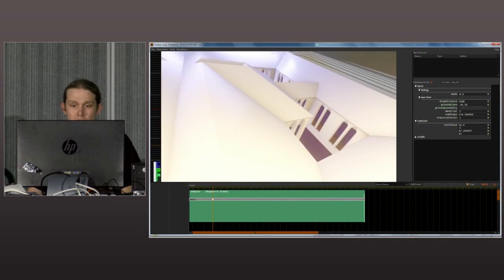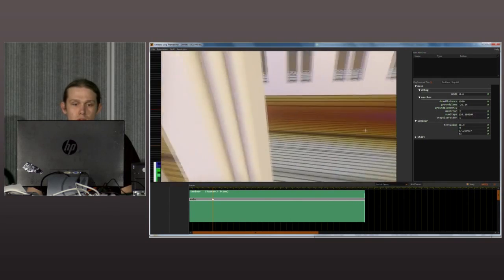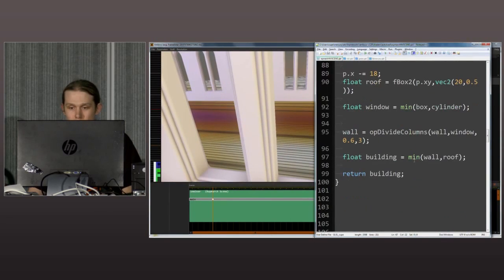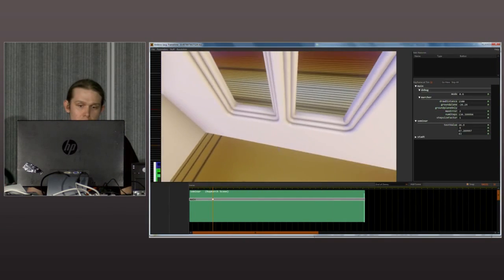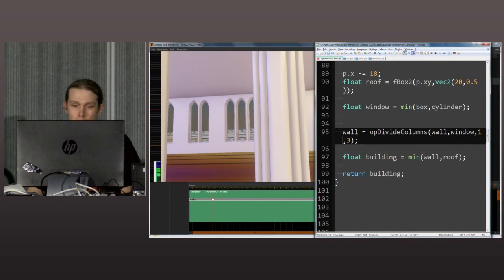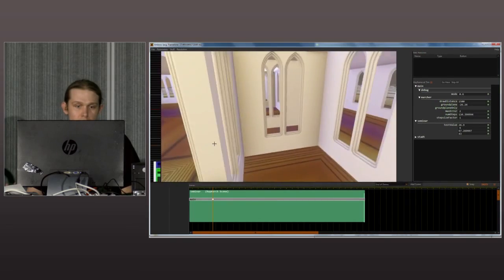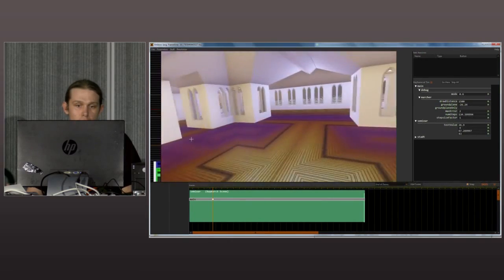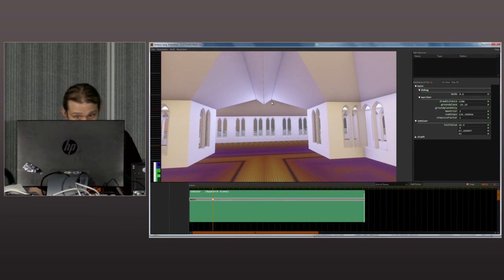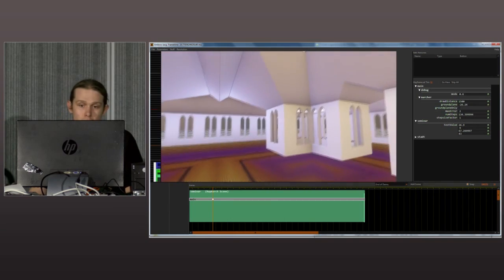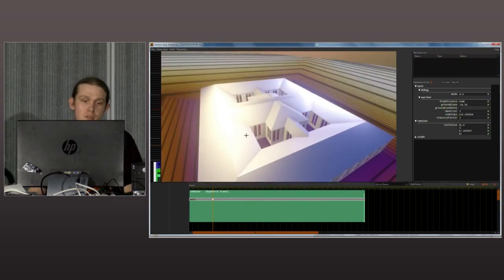So you could always add more detail, and if, for example, you still don't like how those window things look, we can always go back there and increase the size of one of those. Okay, it looks better. Maybe increase it even to 1. All right. Maybe now we're satisfied. So you could now add some columns in the interior, for example, if you wanted, or add some more detail on the outside. And with this space folding thing,